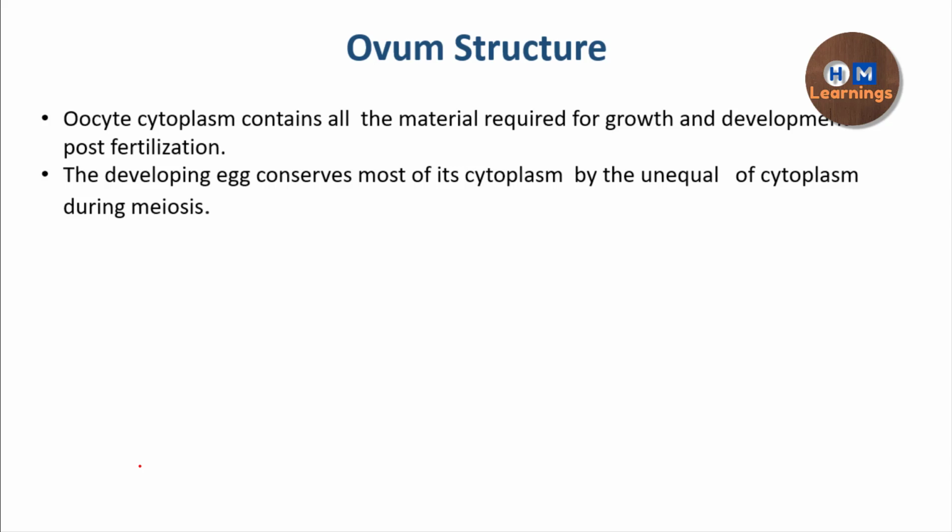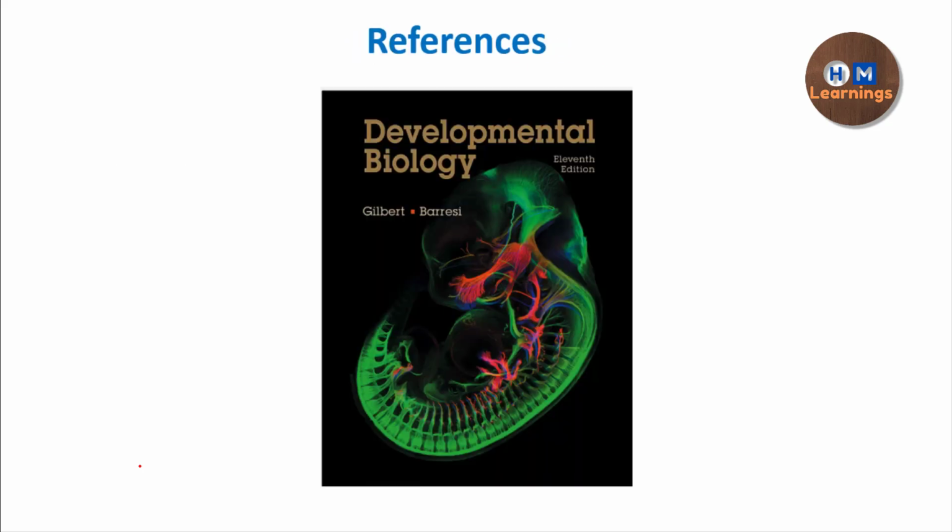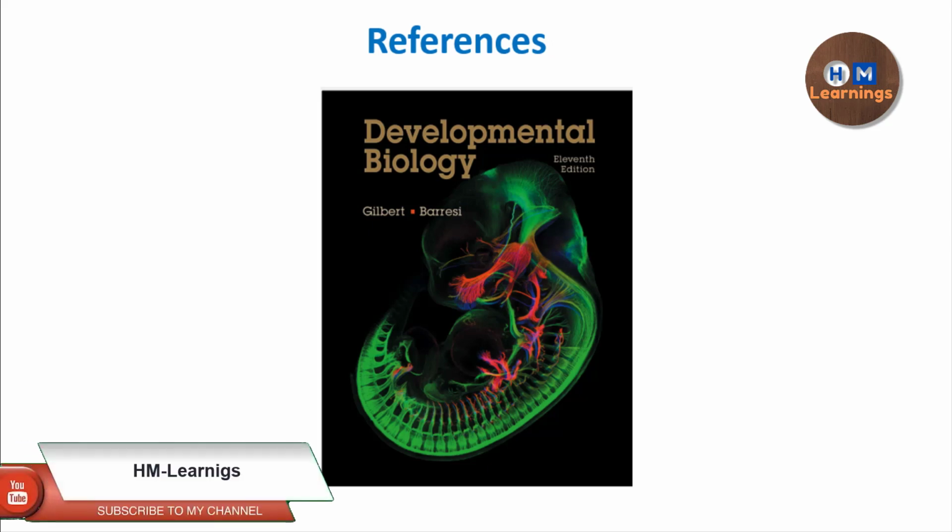And as I said, if you see the first polar body and the secondary oocyte, the cytoplasm is plentiful in the ovum and very little in the first polar body because of the unequal division of cytoplasm during meiosis. So these are the important points we should remember. And we have reached the end of this video. This is a very good reference book for studying and understanding fertilization and the